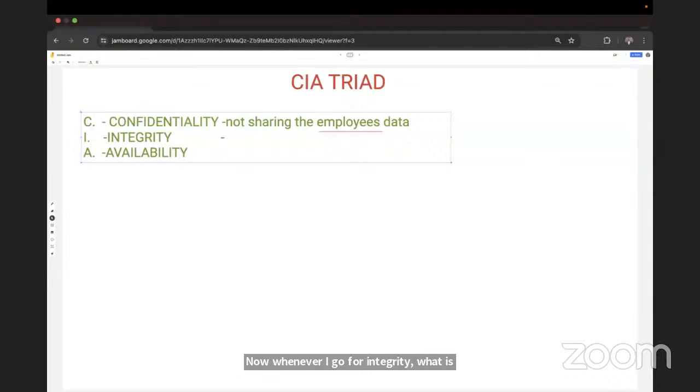What is the motive of integrity? I will make sure that data doesn't get tampered. I don't want my data to get tampered. And availability is nothing but, guys, one of the best